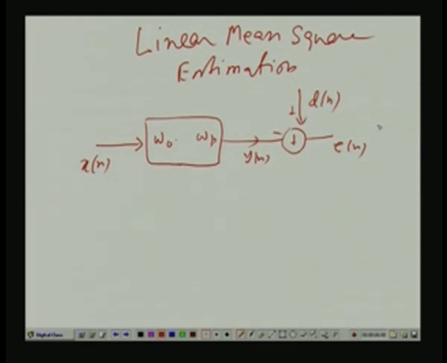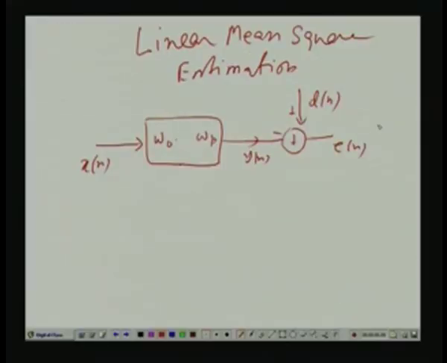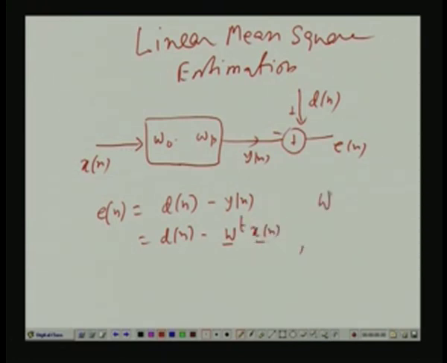Okay. So what I do, and I am assuming for the time being that all the processes and all the coefficients are real valued. This can be generalized further to the complex valued case, but I will do that only later. I might not rederive it for the complex valued case, I will just quote some reference, but I will give you the results. So, here what is En? En is Dn minus Yn, and what is Yn? Yn I can write as W vector transpose Xn vector, where W vector holds the coefficients,